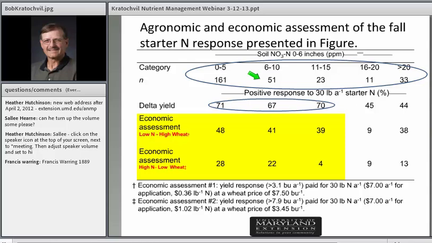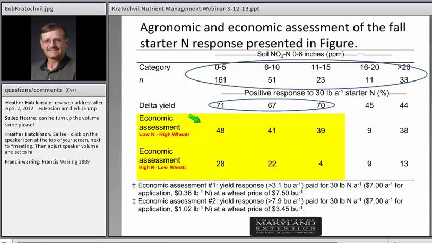Now, this next line is that delta yield line, or the number of times that we had a positive response to 30 pounds of nitrogen in the fall. And you can see that about 2/3 of the time, if we had soil nitrate less than 15 parts per million, we got a positive response. But again, that's not the whole answer to the question, because you need to do an economic assessment on that, and that's what you're seeing in this yellow box, the economic assessments with a couple of bookends